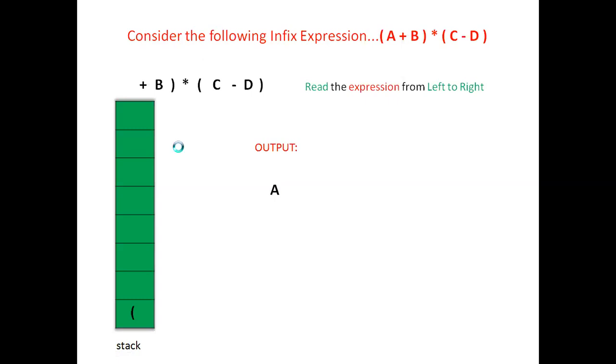So here we got plus, and the topmost item in the stack is the left parenthesis. The left parenthesis is valid only until we get the right parenthesis, so it has the lowest priority compared to plus. Then simply push our operator into the stack, so plus is inserted into the stack. Then in the expression our scan symbol is now b. b is an operand or variable, so simply print it on output.